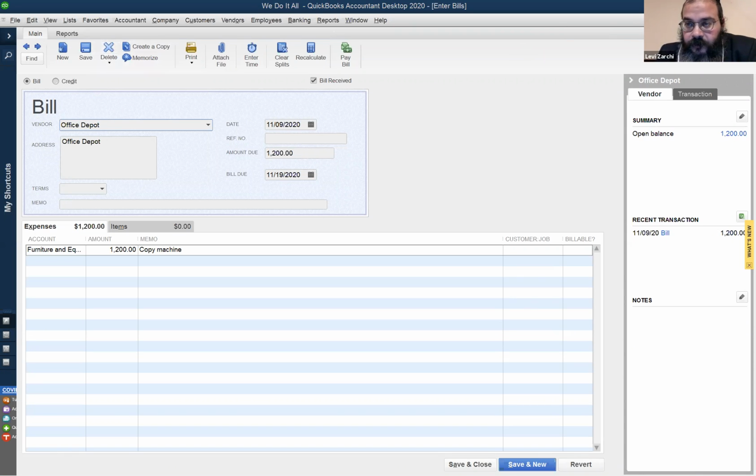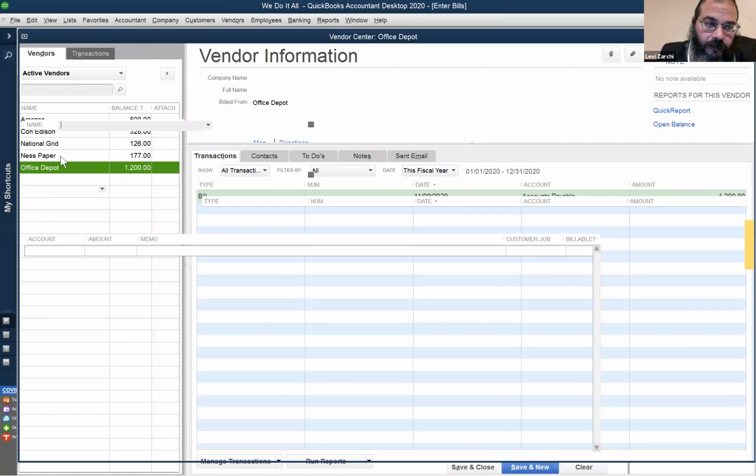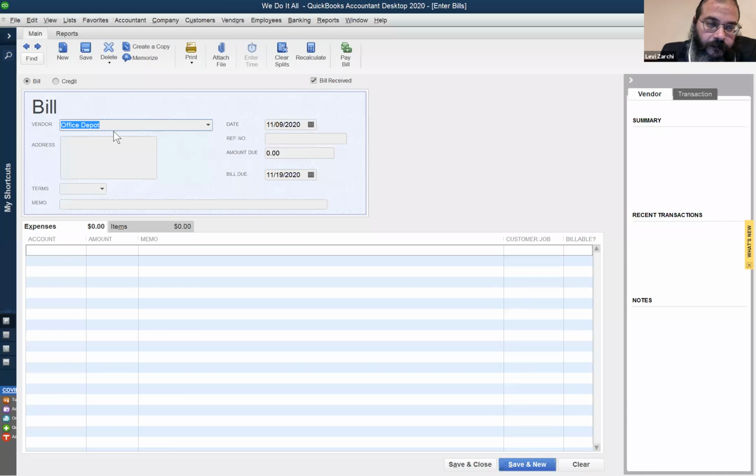Okay, we still have 3 more bills to enter. So again, I'm going to do Control-enter bill. And again, because I was hired at Office Depot, it's going to assume Office Depot. So I have to go back, which is X. Anytime it's highlighted, if I exit out or just start typing, it's going to make new text. I'm going to do now Staples. Staples is my next company. Staples for